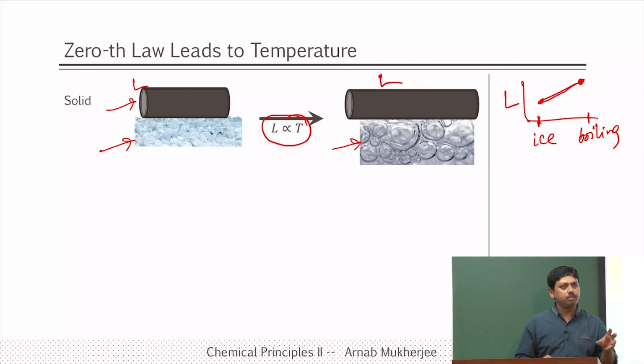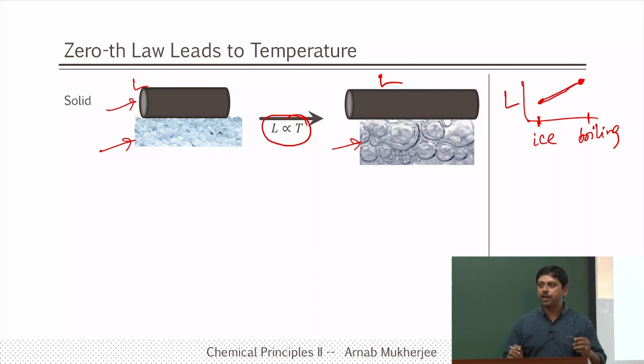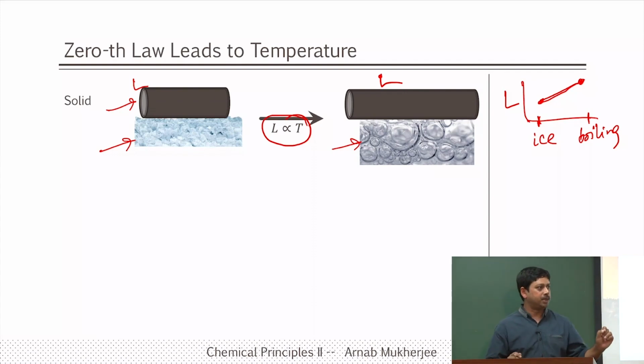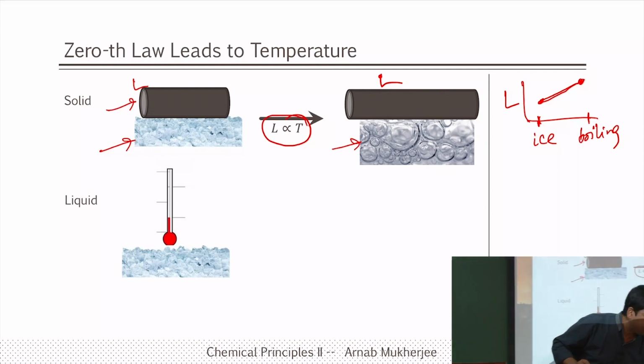However, this expansion of metal with temperature is very small. The coefficient of thermal expansion is not very high. So, for a very small amount of change in temperature, it is very difficult to see or measure the change in the length of the metal. So, people have used liquids. Liquids expand more than solids with temperature, and we know that in a thermometer what we typically have is mercury